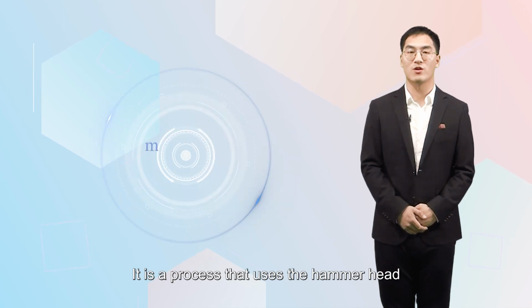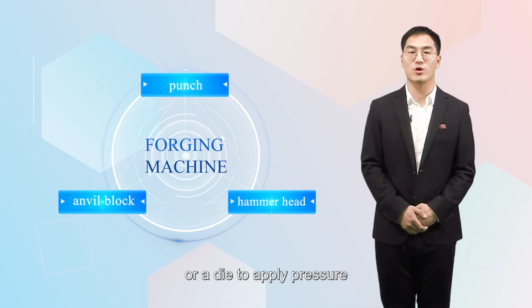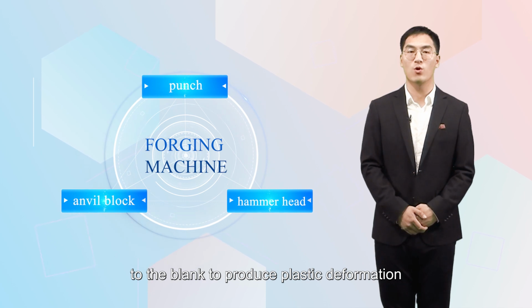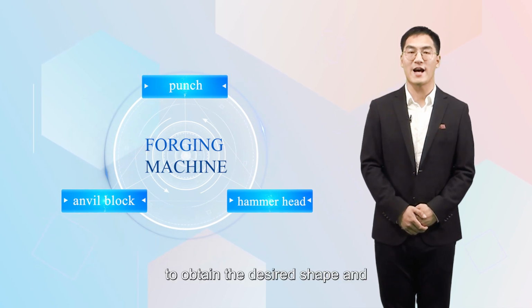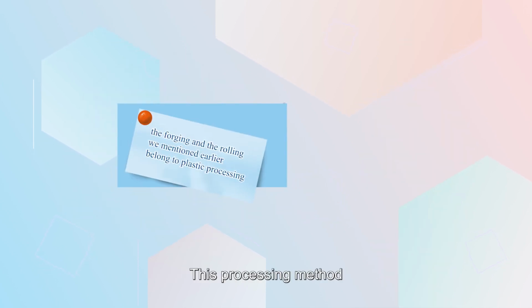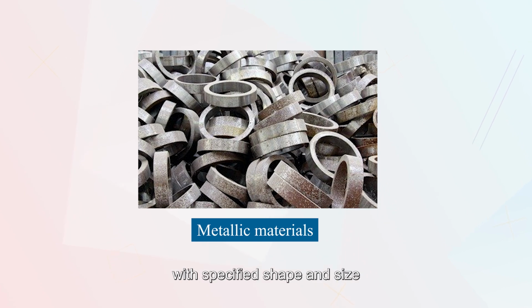It's a process that uses a hammerhead, anvil block, punch-up forging machine, or a die to apply pressure to the blank or product, causing plastic deformation to obtain the desired shape and size of parts. This process method and the rolling we mentioned earlier belong to plastic processing. The process of forging is a heat treatment process. Usually, we call the blanks of parts with specified shape and size formed by the pressure of the forging hammer